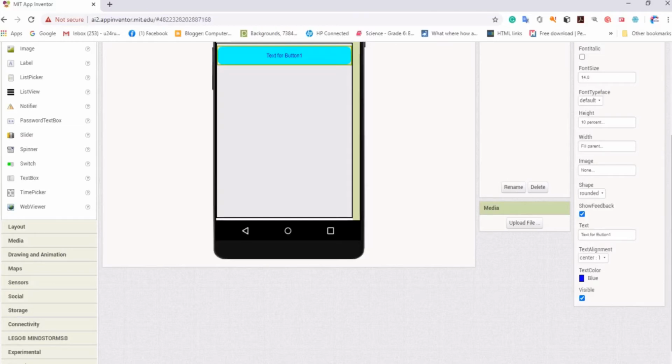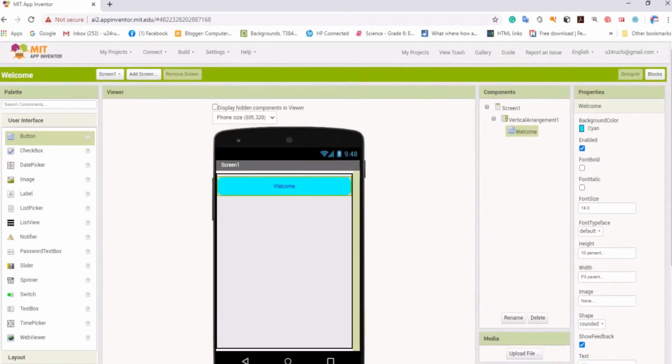Now the name is again not coming, so I will write here, see carefully, Welcome. Now this name will come here in the center. I hope it is clear to you how to bring it to the center, how to change the shape, how to change the background color of this button.